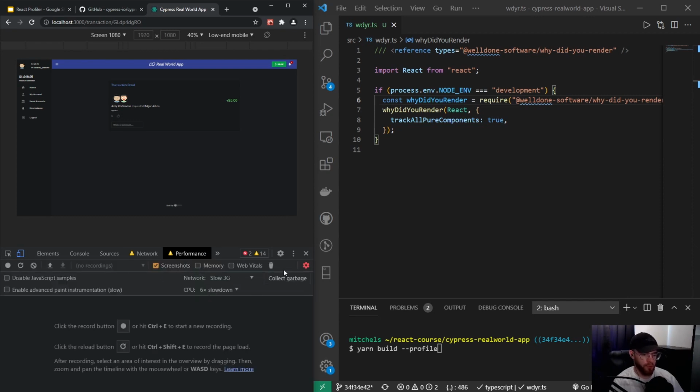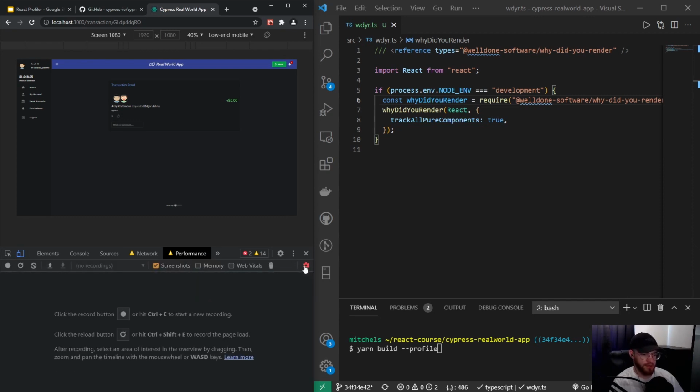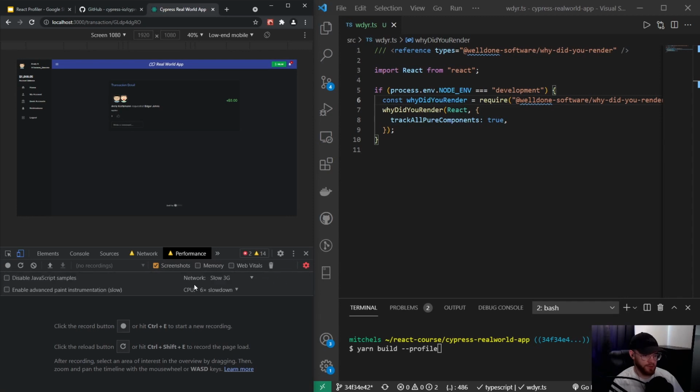And when I go to performance and click on this settings icon, you will see that we currently have the slow 3G network, but also our CPU is slowed down. It appears to have a 6 times slowdown. So we throttle our CPU so it's not as fast as, at least, the device I'm using right now,